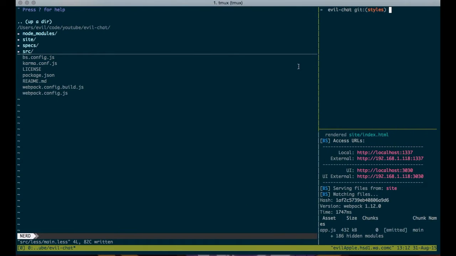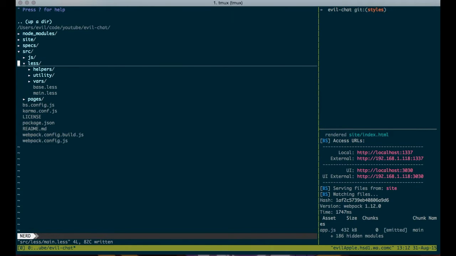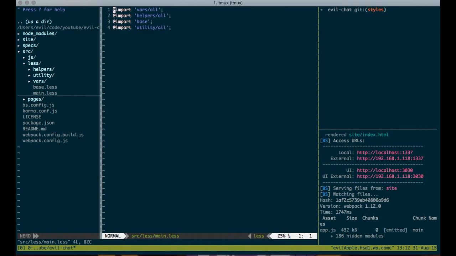Where we want to add that is going to be under source, less, and we're just going to go ahead and add it to the main file here. All right, here in the main file, we will go ahead and add a class of entry. And again, we're going to use the mixin here instead of that helper class, and we'll use fix bottom. And like I was saying before, if we just add a parameter here of 3rem, it's going to add that to be the height. So let's go ahead and give this a save